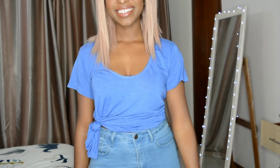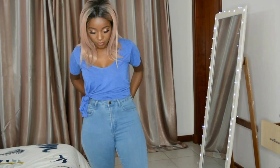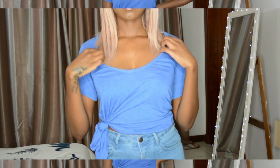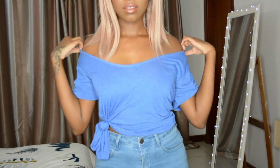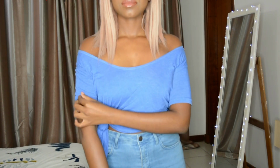So basically this is it, and I think it makes a whole lot of a difference to your outfit, makes it more fitting, makes it look cute, effortless and stylish, and it's just a simple thing that makes a whole lot of a difference. So the next thing you can do is